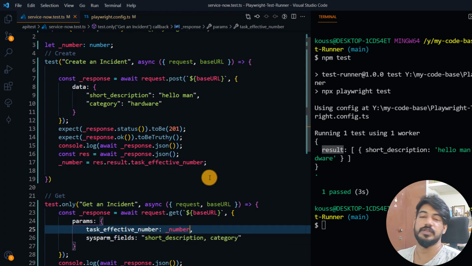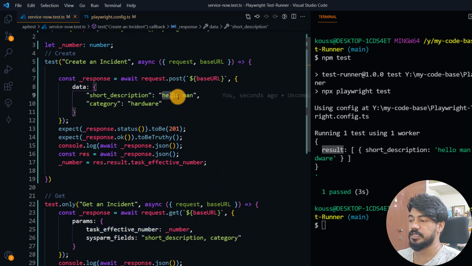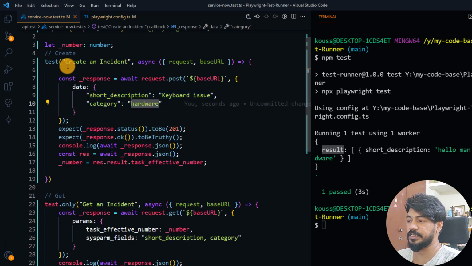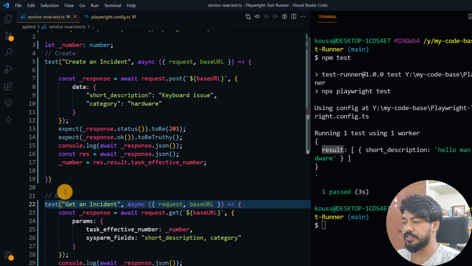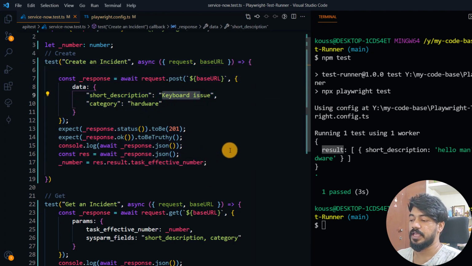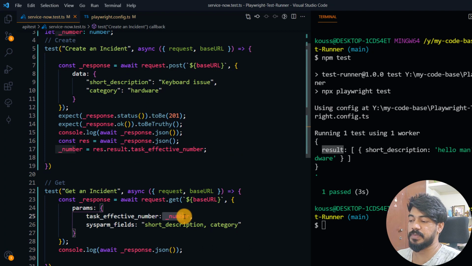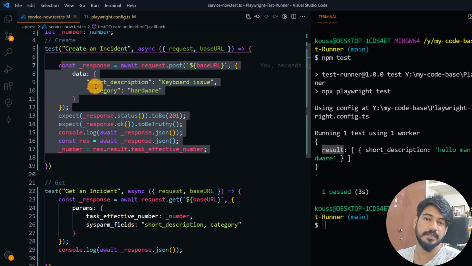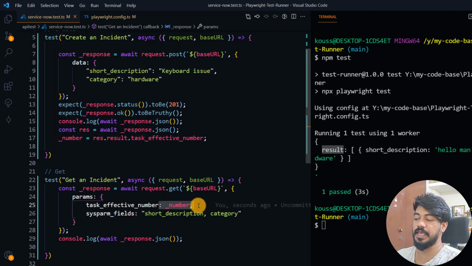So whatever we are going to create, for example, let's say I have a keyboard issue, and that's going to be of hardware category, so I'm going to run that first. I will create an incident with the keyboard issue, and then I will just pass that number, so whatever number we get, based on the dynamic response body data, we'll use that.